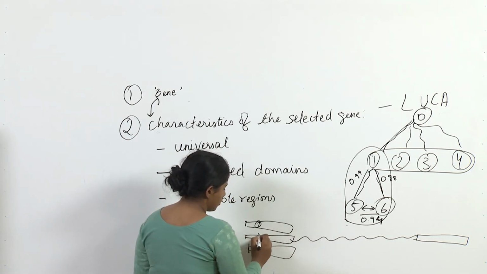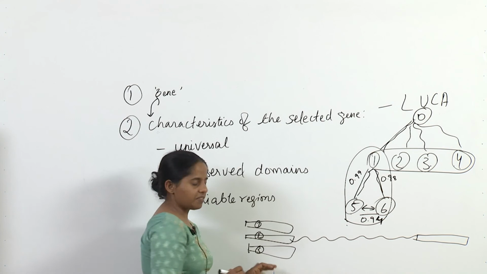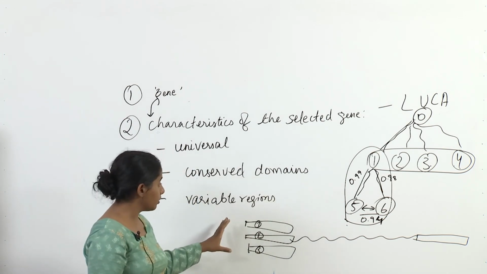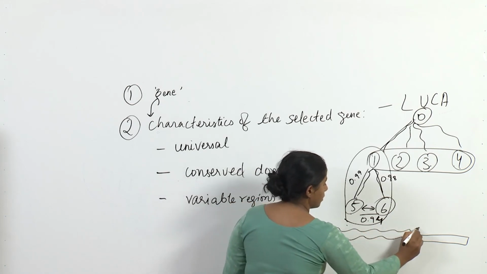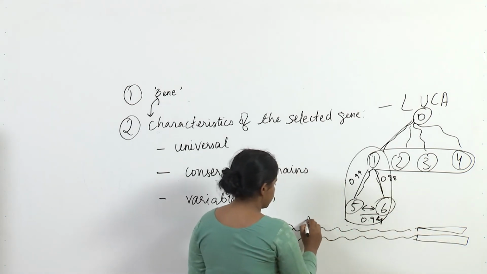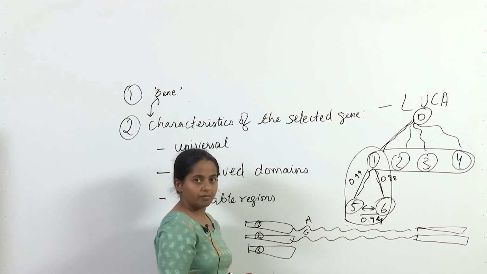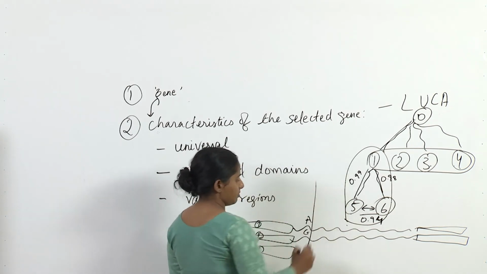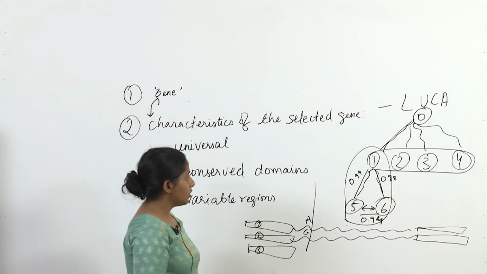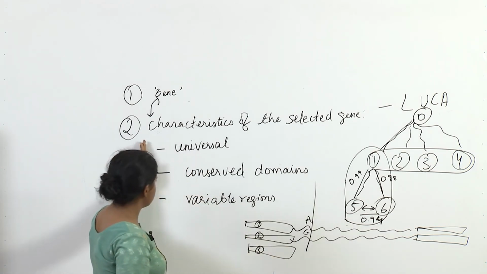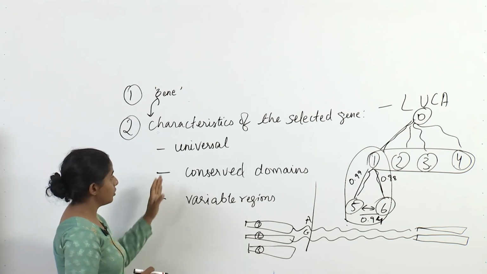So this is 1, 2, 3, 4, 5 and 6, so forth. We align their conserved domains and we notice the differences. Here is A, here is G. So we know that, okay, there is a difference here, and then we count how many differences there are, and that is how we get our similarity. So these are evolutionary trees, and these are the 3 properties that our gene of interest should have: universality, conserved